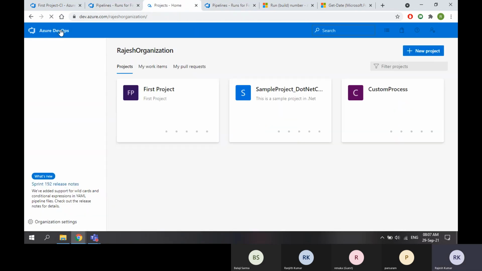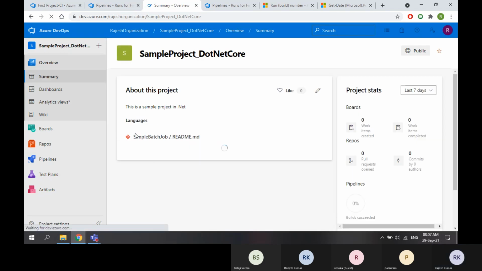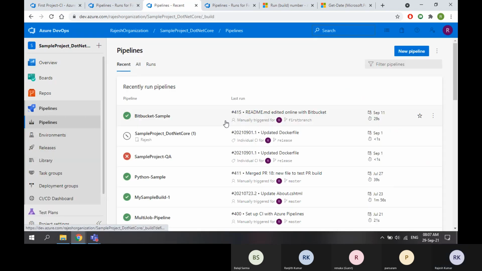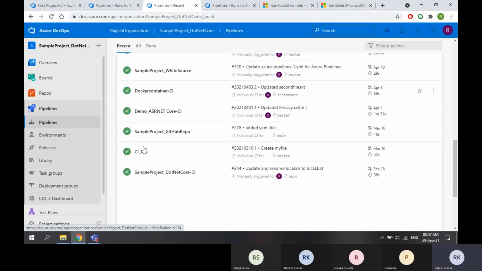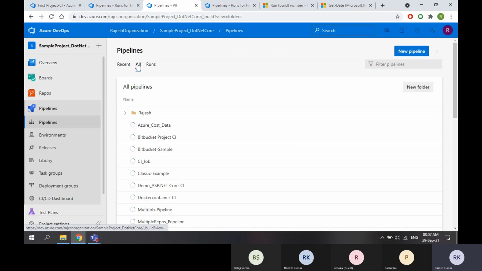Let me show you some other statuses. I have some other statuses available here. I go to pipelines. Yeah, see, green is success. This is cancelled. Okay, green, cancel, fail, and then there will be some statuses which are no runs.